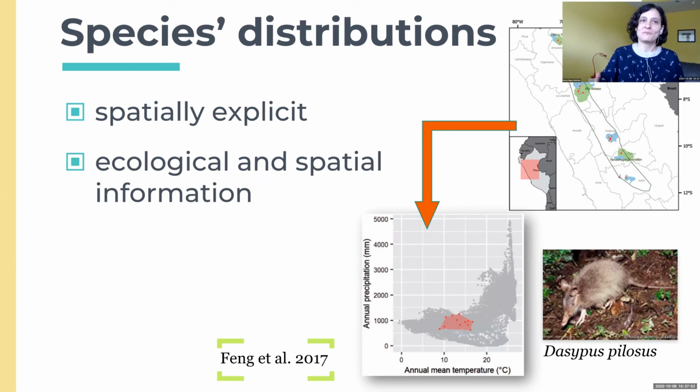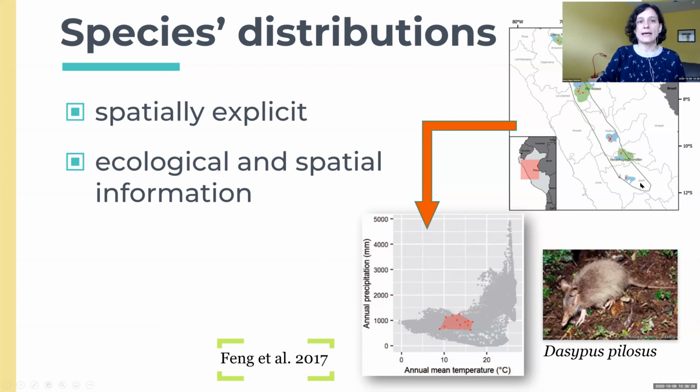So why are we interested in species distributions? Well, first of all, we all understand that these are spatially explicit characteristics of species. So we do need both ecological knowledge and spatial information to study species distributions. And I'm showing just a visual example of what I mean by spatially explicit distribution and the ecological background of that spatial distribution. So we have a species of conservation concern from South America,